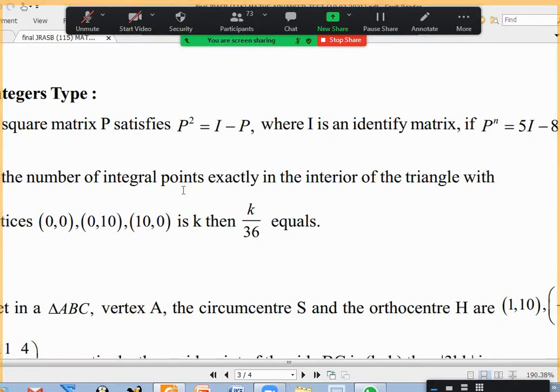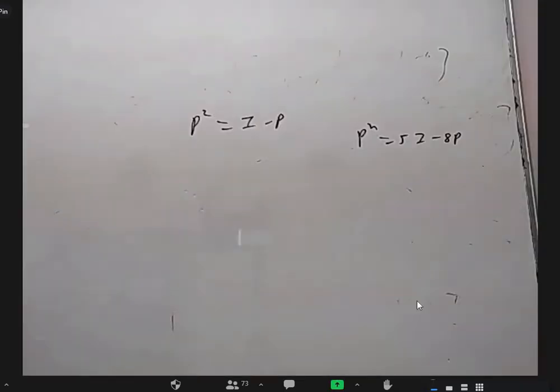Sir, can we multiply P on both sides and go on getting it? Yes, that's what I'm going to do. Sir, it is like trial and error. Not trial and error, yeah, in one sense, but the thing is, we are able to find P cube and everything as a linear expression for P. Okay, P power n is equal to 5P minus 8. Let's say if they ask P power 7, for example, I have to just do 7 times. Okay, at least let us find P cube and we'll see what happens.